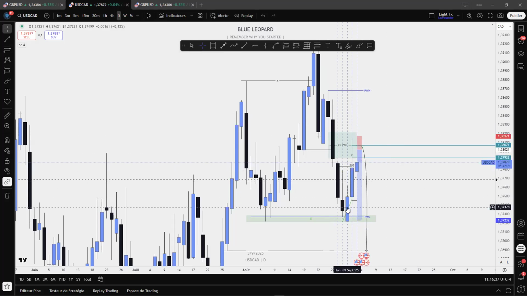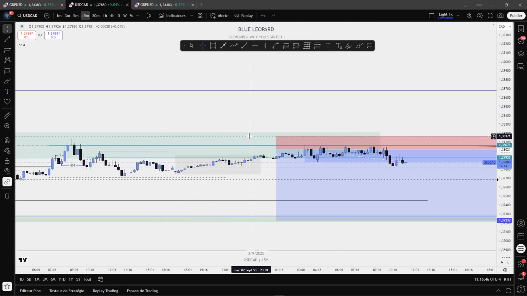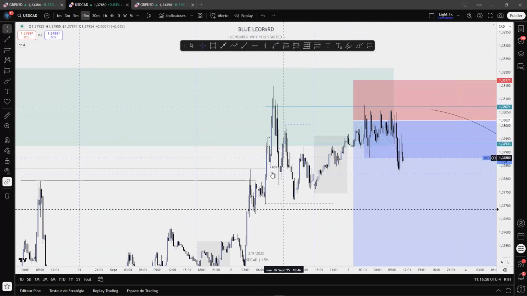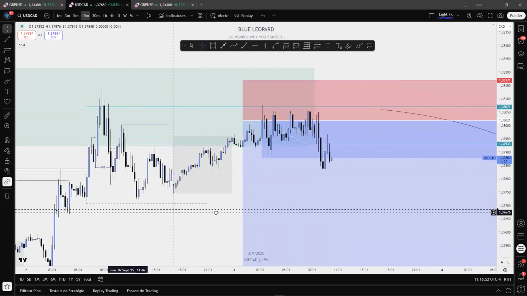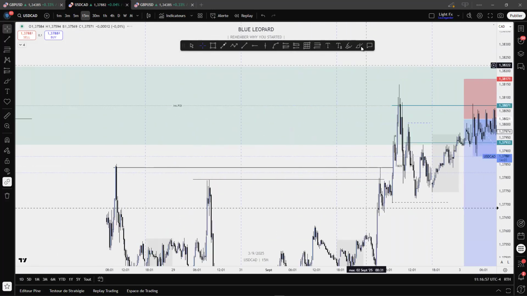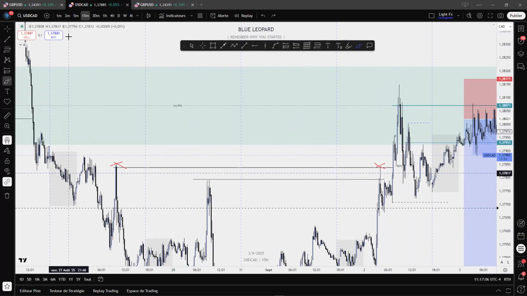And from there we had Monday, Tuesday, and here inside of this big candle, I went straight on M15 to see if we have a reversal, and I saw one. We had a breakout structure here after a sweep. You could also call this the main sweep here before getting inside of this internal point of interest. Okay, and from there